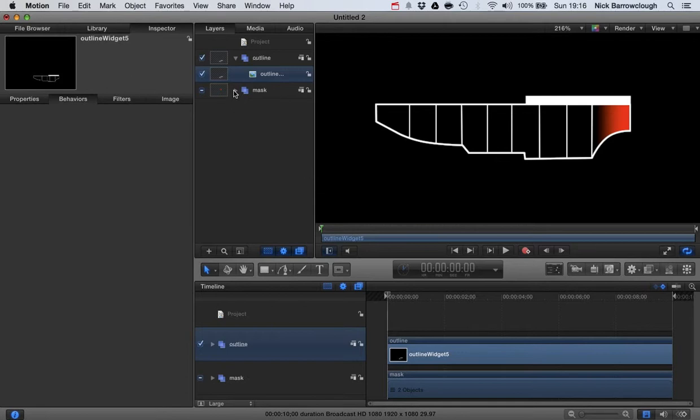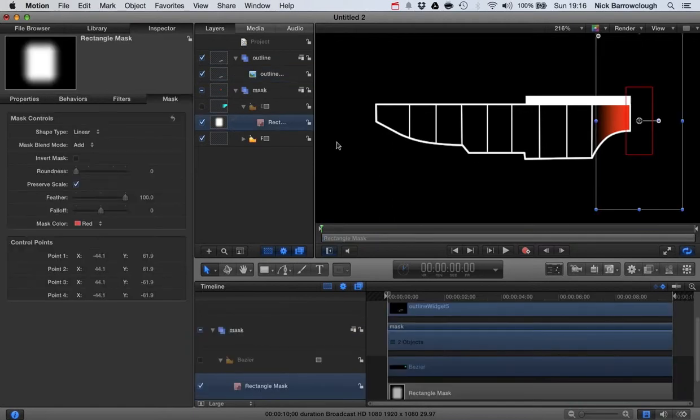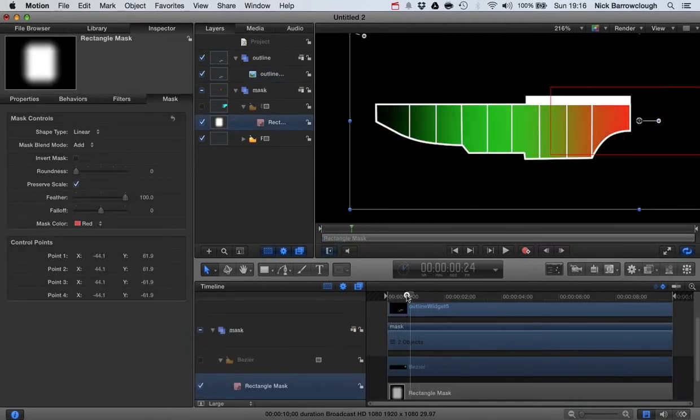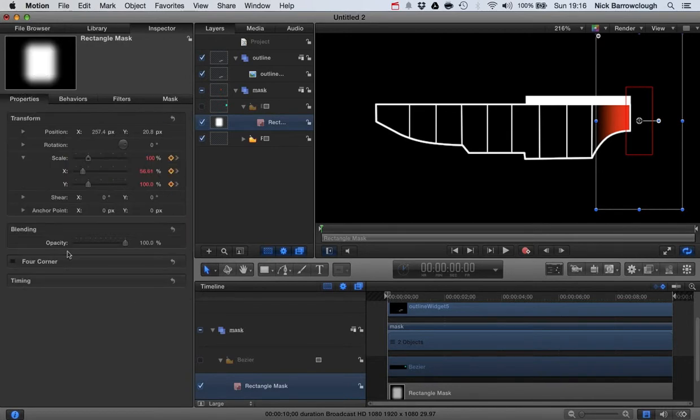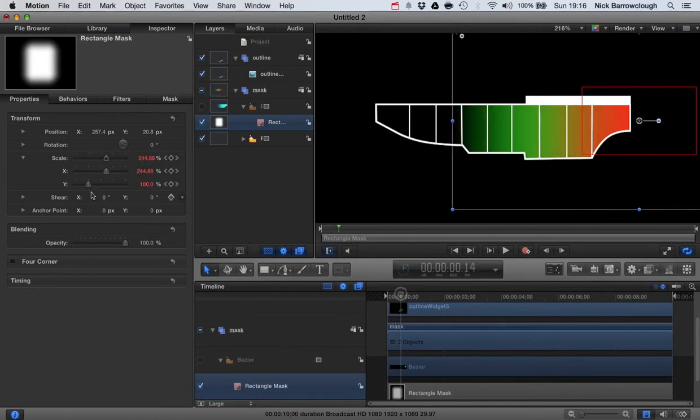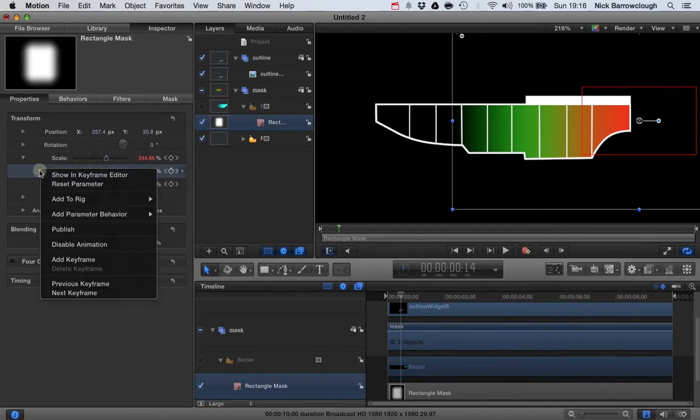Well, we'll come over to our mask that we are animating here. So this is the mask that we're animating. You can see there how it scales along that axis to get bigger and smaller. So we want to add some random movement to this scale. So what we would do is come over to our scale here, and the scale value which we're changing is our X scale. So we would select the X scale there, and we'll right click on it,